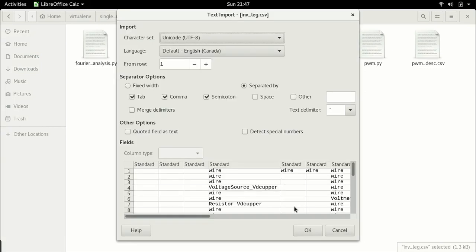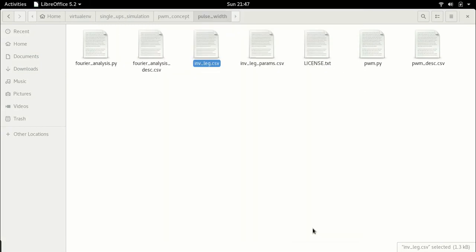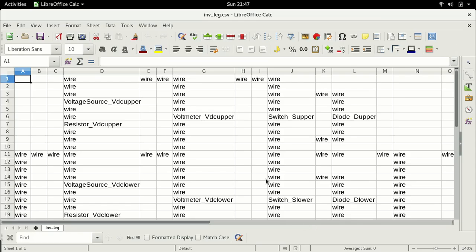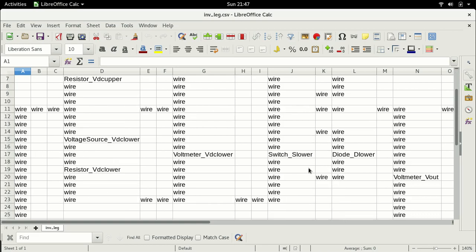circuit. The circuit will be exactly the same. And this is the circuit as before. It is one leg of an inverter, so basically two switches, an upper switch and a lower switch with the midpoint, and there are two DC voltage sources. There's an upper DC voltage source and lower DC voltage source, again with a midpoint, and we are measuring the